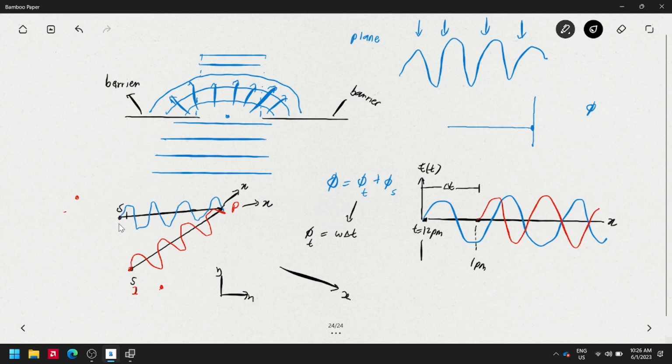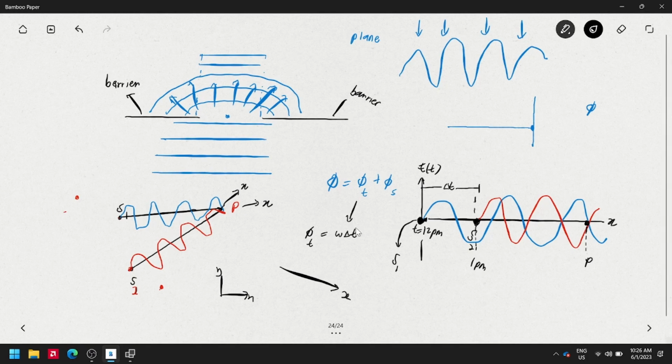So, let's say this is point P. This is me as number 2. This is my friend, as number 1. He is located here and I am located over here. So the distance from me towards point P, which is the distance from here to here, is smaller than the distance from my friends over here towards point P. And that will also incur the phase difference or the phase shift, which is due to the space.